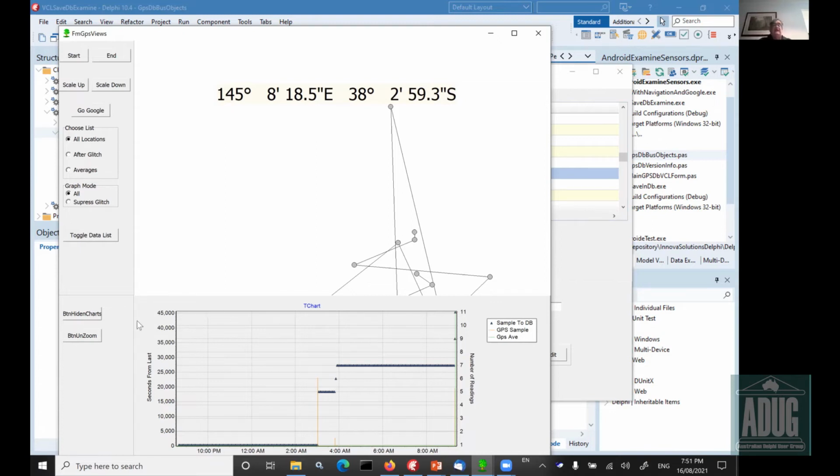But the point being that this is a really good way of being able to analyze the data, because you can see exactly what's going on, as long as you remember what you were doing, compared with having to remember to press save. Hopefully the application didn't suddenly stop. But anyway,